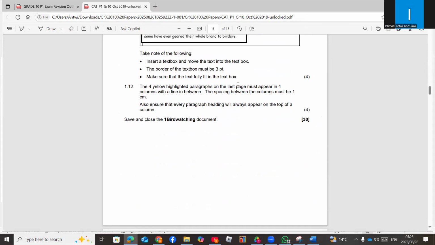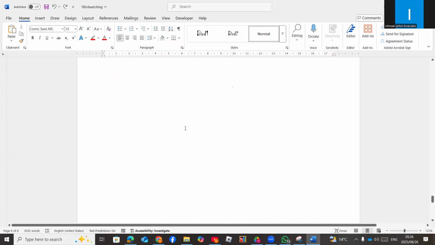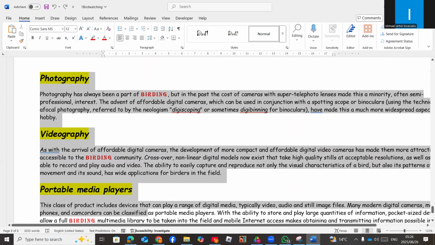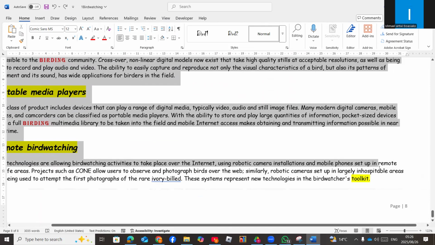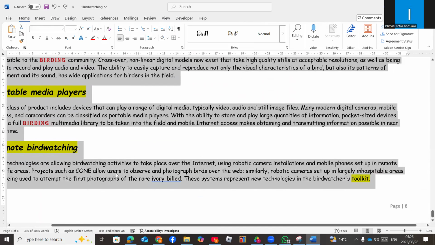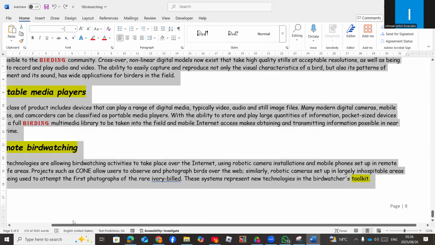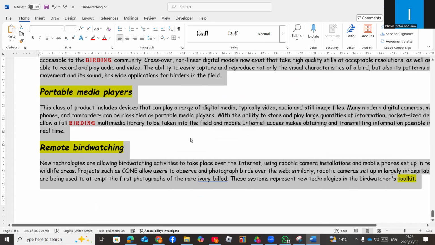Now the column, the four yellow highlighted paragraphs. How do we put something in column? So we select from photography up to this one. The question says we have to put them in columns. And it should be 4 columns with a spacing in between. And we should ensure that each paragraph heading will appear on top of each column. So now, when you select them like this,